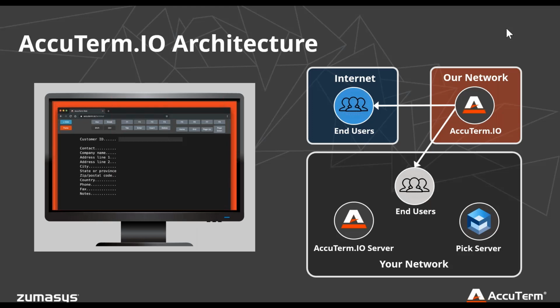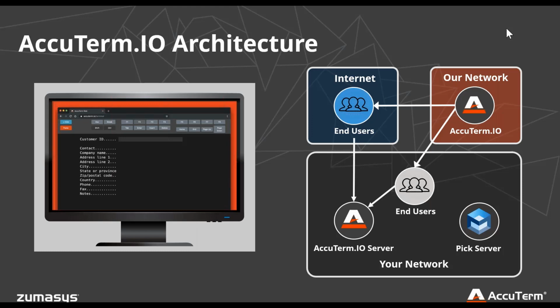What we are changing on that side, though, is that instead of using Telnet or Secure Shell, we're using web technology. So the product does rely on us installing a small web server on your Pick server, and that is what the AccuTerm software will use to connect to your server. That does require some understanding of web servers. The security model and how all that works is typical web technology, which will be a huge benefit to your normal security officers who understand how to set up that type of thing. The security around that will be no different than any other type of website technology.